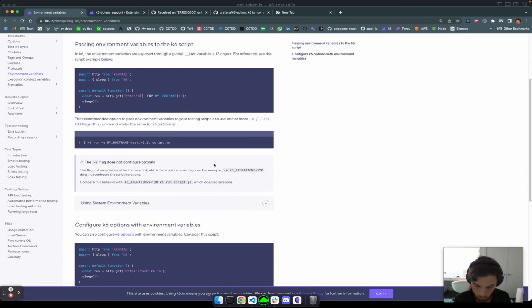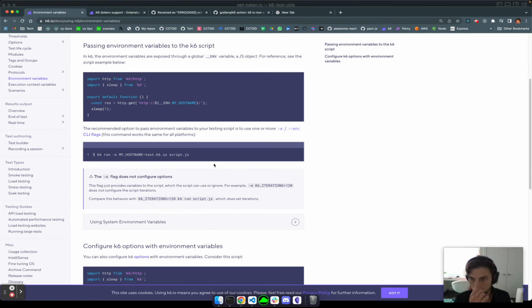The way K6 initially supports this is, let's say you have some environment variables in your environment, could be your laptop. You pass a dash e argument, an environment variable, and then its value. So that's how you do it. If you have 10 environment variables, you would have a pretty long command script to just run a